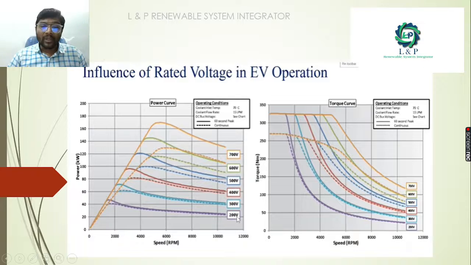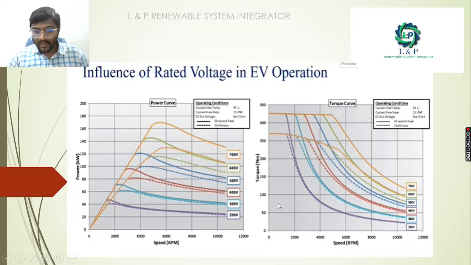When we increase the voltage to 300, again there is an improvement in the curve. And when we keep increasing the voltage to 700 volts, there is a peak. It tries to achieve the maximum peak and then come to the minimum position. It means the power keeps increasing as we increase the voltage, so it achieves the maximum peak power during